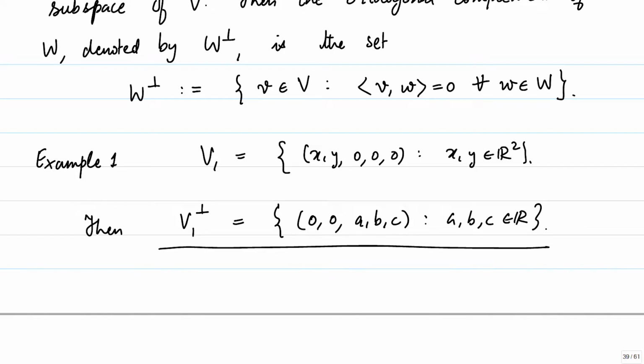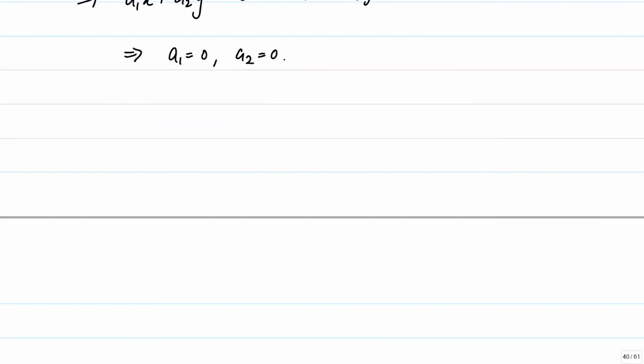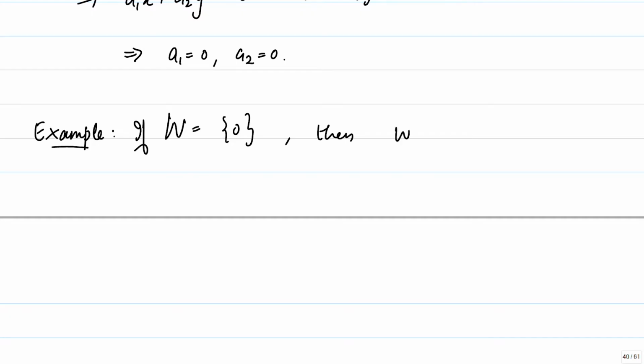And if you notice, okay, we'll come to that. Let's look at what will be the orthogonal complement of the 0 subspace. So another example is that if W is the 0 subspace, then this is true in every inner product space, then the orthogonal complement of W is equal to V. That's quite straightforward because you take any vector V, the inner product of V with 0 is 0. So, therefore, this is certainly contained in the orthogonal complement, but then we have already consumed every vector